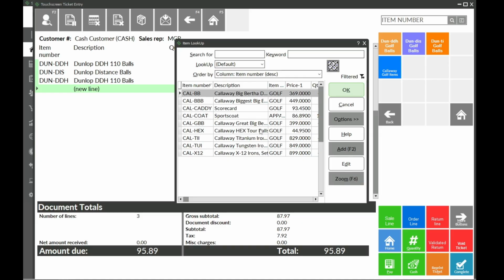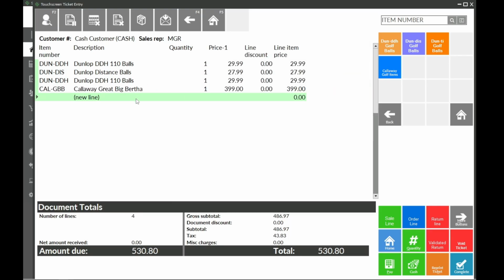Again, on my filter I could narrow this down a little more if I wanted to, but maybe the goal of this was just to get to this and make it simple for my users to find Callaway items. That is the end of this